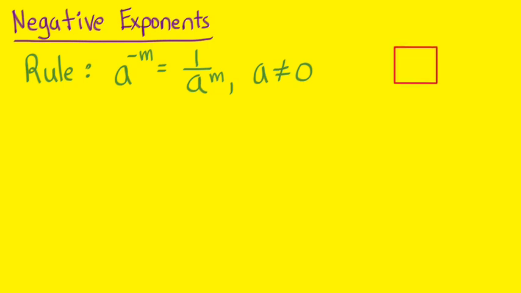If I were to think of every number as a fraction, right? Because I can make a whole number a fraction. If I have a number like 2, well, that's just 2 over 1, right? And if I think of this as upstairs and downstairs, then I know that if I have a negative exponent,